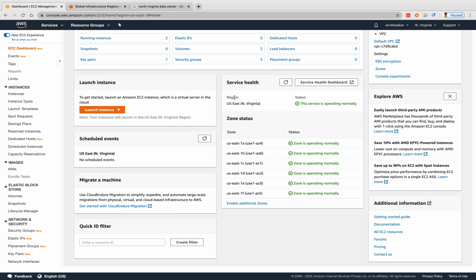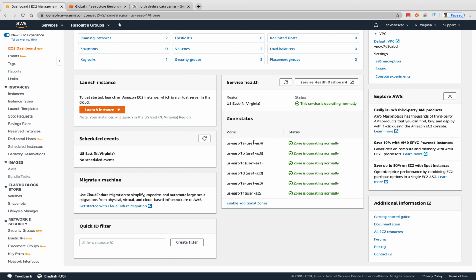If you see here, this is my region, this is my status, US East 1 is your region, and these are all the availability zones. That means 6 data centers are available in this region. I will take this example and explain. This is US East 1A, 1B, 1C, 1D, 1E and 1F. Please remember this point, region and availability zone. Now I will show you in a diagrammatic way exactly where the VPC comes into the picture.